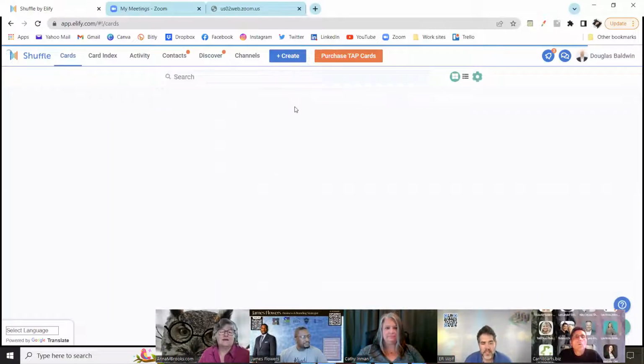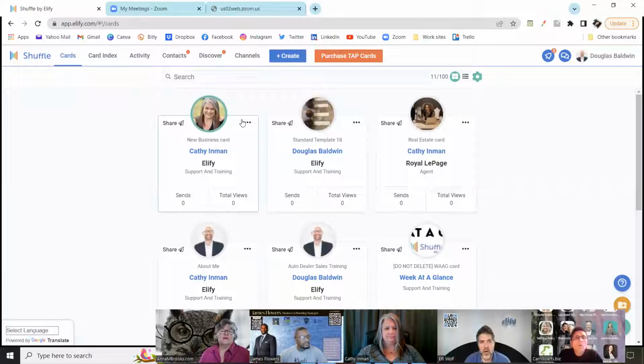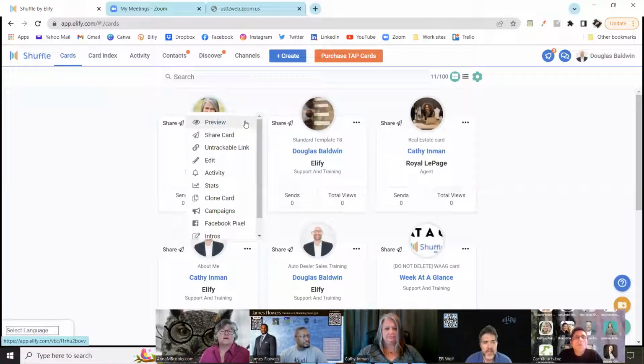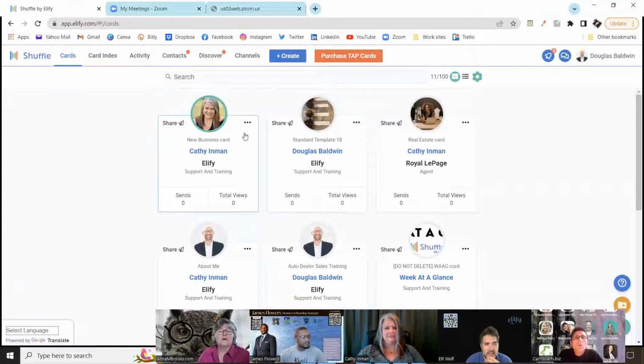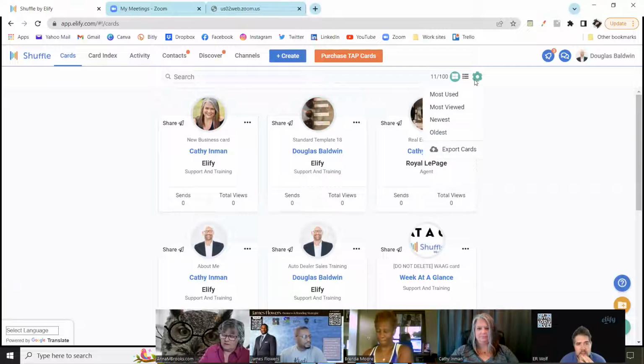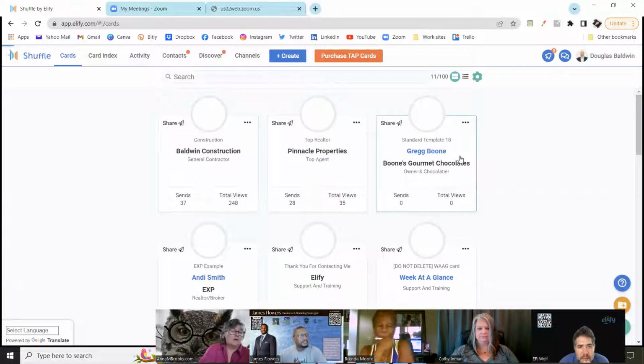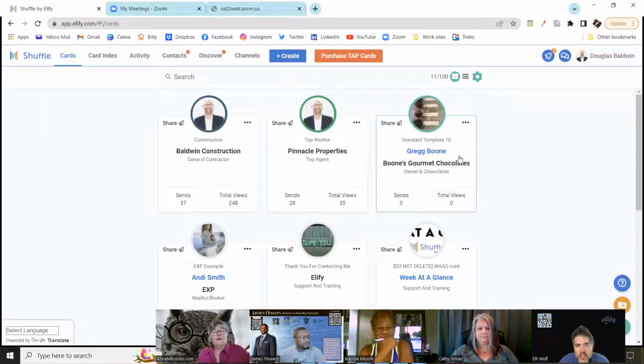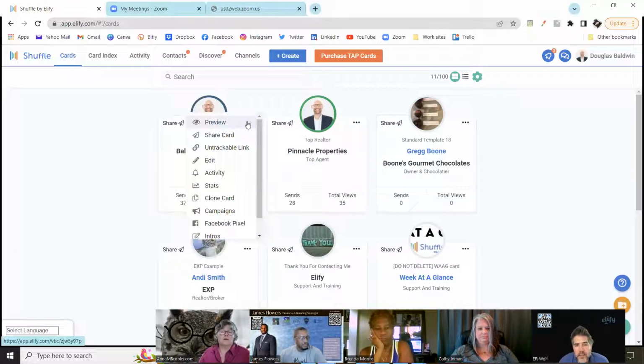So in the card section, if we just take this first card here for Doug Demo, yeah, this one's fine. And is this the one you recently cloned, Cathy? Yeah. Okay, can you sort by oldest? Yeah. So the Baldwin construction card, when Cathy clicks on this, if you're talking campaign links, I would just mouse